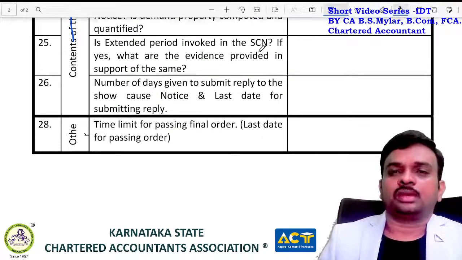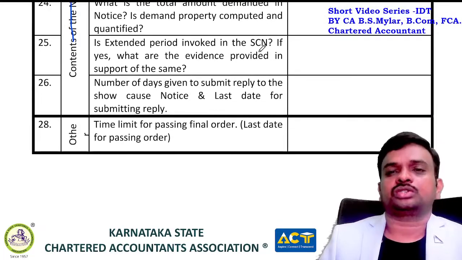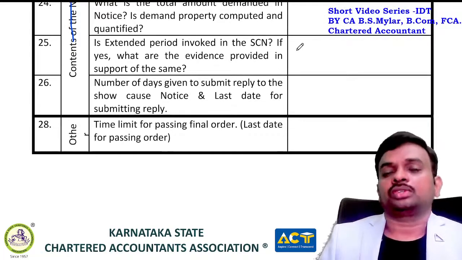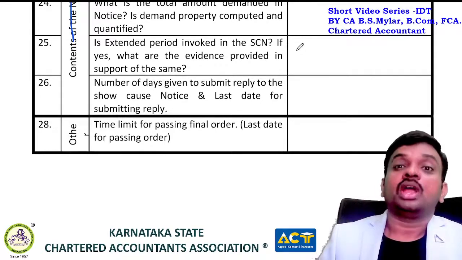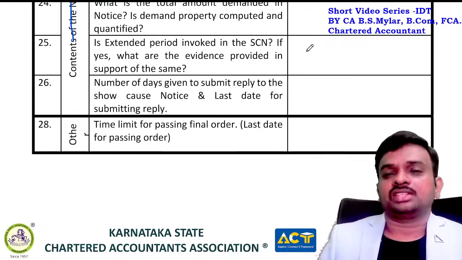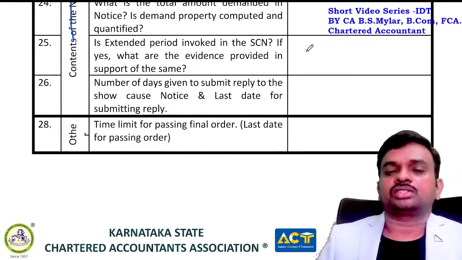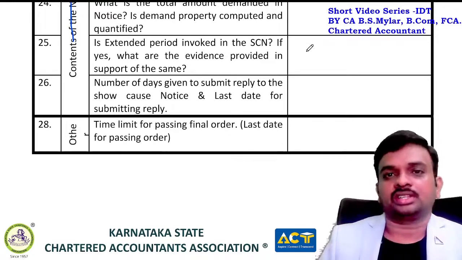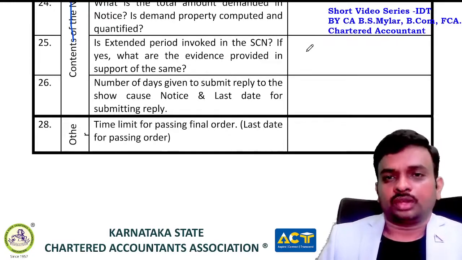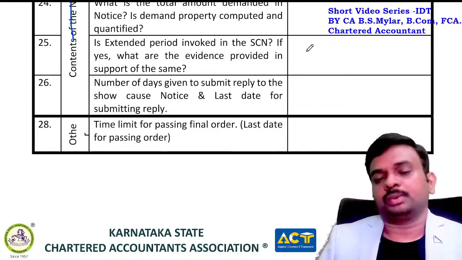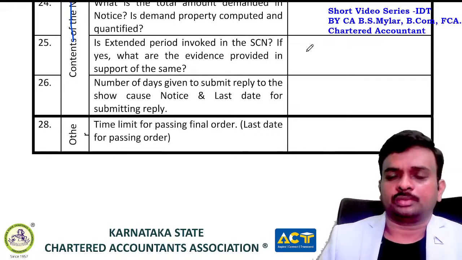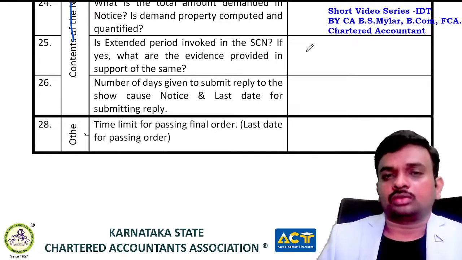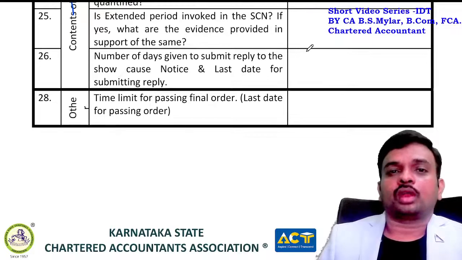And if the extended period is invoked, if the notice is issued under Section 74, you have to see under what ground they are issuing this, whether fraud, suppression of fact, or other grounds, which they have to prove, and also see what the evidences are. By just saying that without this investigation, this tax would not have come out, that is just a formality, but that is not a proper ground to invoke the extended period. To invoke the extended period, they should have a ground mentioned in Section 74, such as fraud or misstatement, and these grounds have to be proved with evidence.